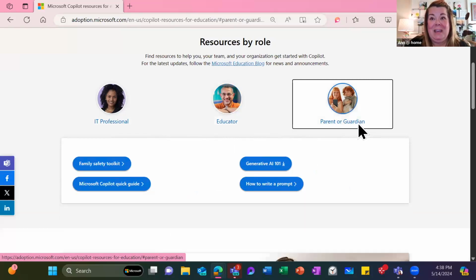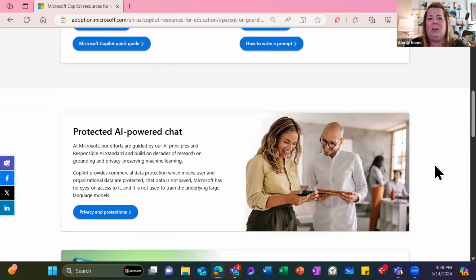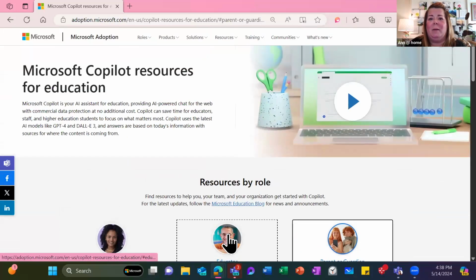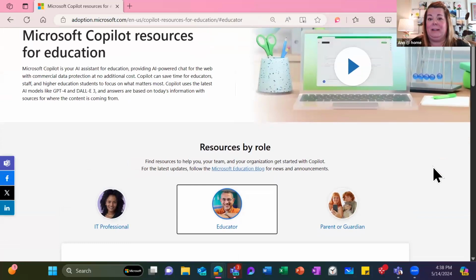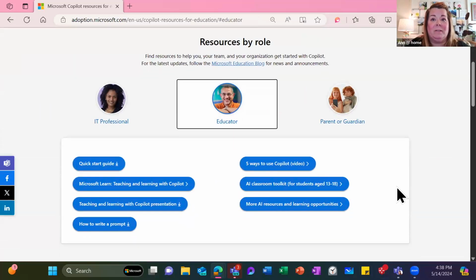And even extending to parents and guardians, like, what does family safety need? What do you need to know as a family when your kids are coming home and talking about AI, and you don't know what this means, and what are they doing? What is generative AI 101? So this is a really cool resource. It's brand new, that Microsoft is making available for you. But as you're exploring, I'm going to say it again, push all the buttons. This is one that you want to click and play in, because there's all the information you could possibly want to know. And if you are learning and playing with different AI tools, these concepts are relevant. They're universal.